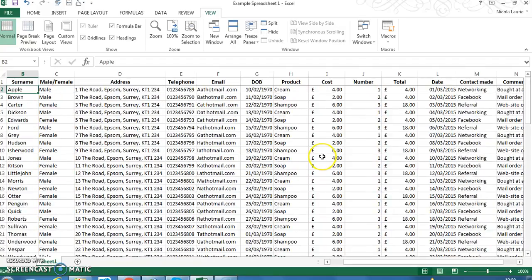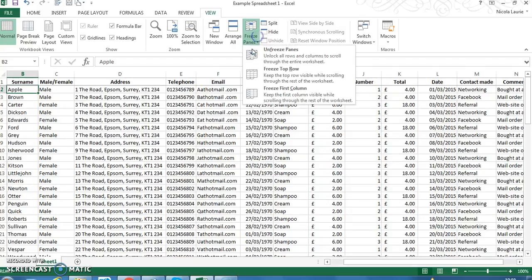For Mac users, make sure your page view is set at normal, select the row under the column headings, click Window, and then Freeze Panes. You can also freeze the information in the first column so that it remains when you scroll across the page. So if we just go and take these off for now,